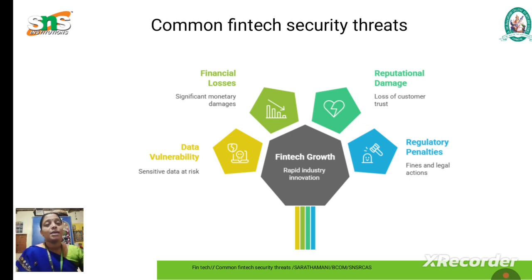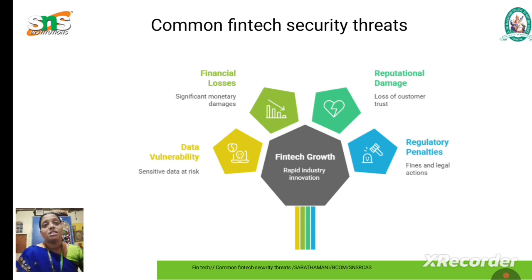The first ones are employee training, multi-factor authentication, email filtering, and regular security audits. In email filtering, use email filtering tools to detect and block phishing emails. Regular security audits means conducting regular security audits to identify vulnerabilities and improve security measures. In MFA, add an extra layer of security to the user account.